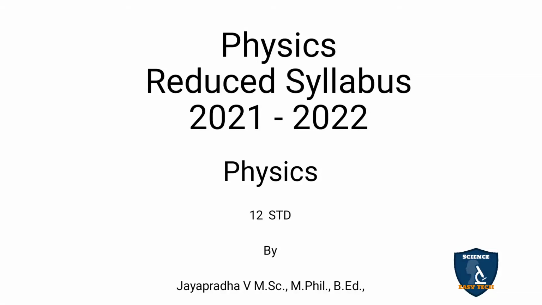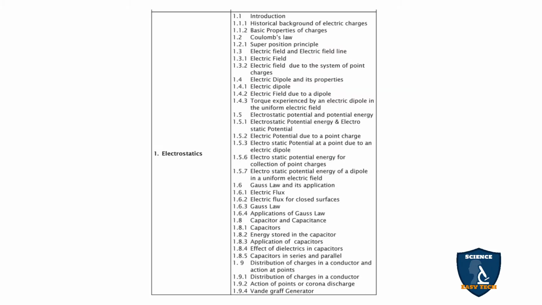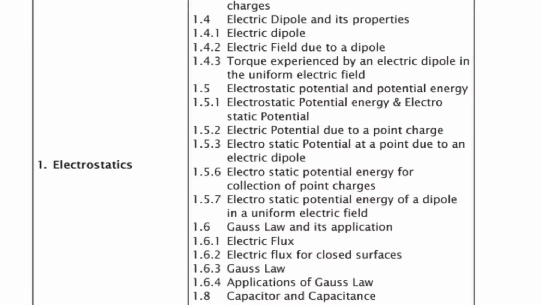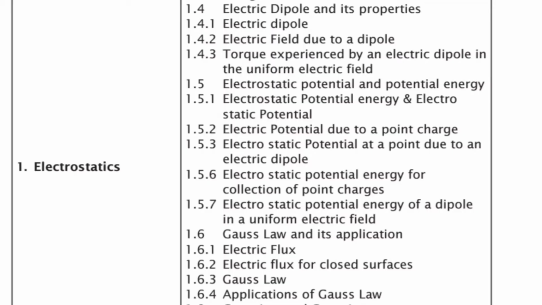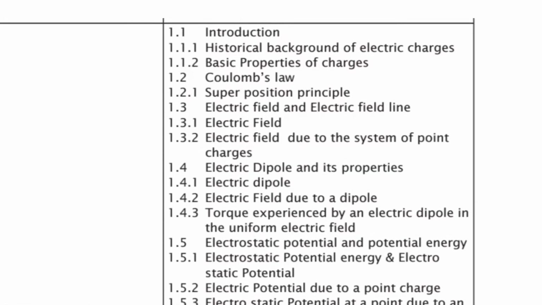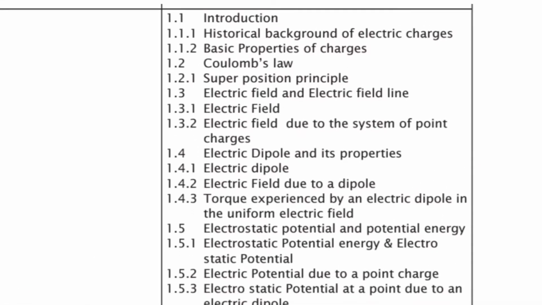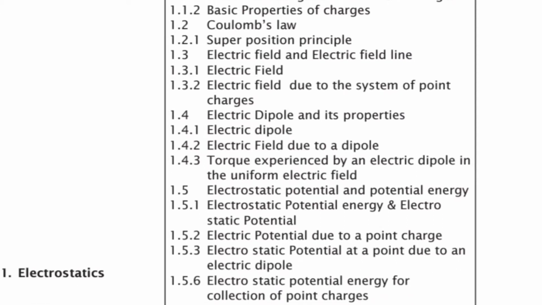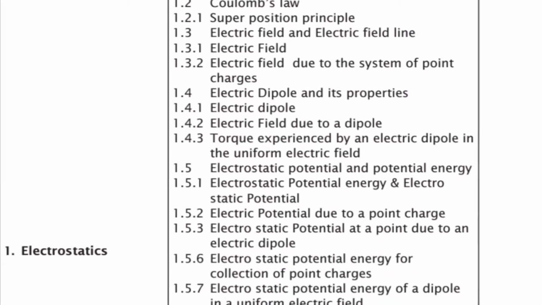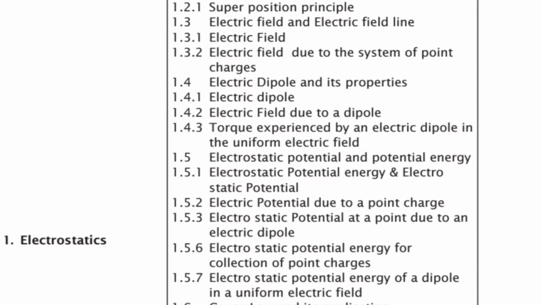இந்த வீடியோல நாம பார்க்க போறது Physics Reduced Syllabus 2021 to 2022 12th ஸ்டாண்டர்டுக்கு. ஸோ ஃபஸ்ட்டு சாப்டரில் பார்த்தீங்கன்னா ஃபஸ்ட்டு சாப்டர் வந்து எலக்ட்ரோஸ்டாட்டிக்ஸ். எலக்ட்ரோஸ்டாட்டிக்ஸில் வந்து 1.1 இன்ட்ரடக்ஷன், 1.1.1 historical background of electric charges, 1.1.2 basic properties of charges, 1.2 Coulomb's law, 1.2.1 superposition